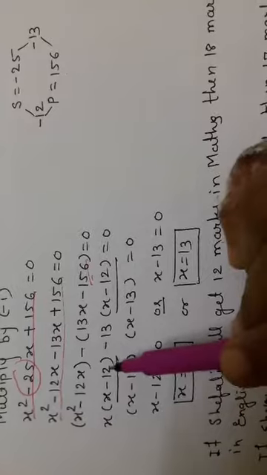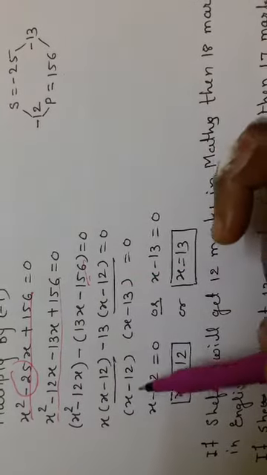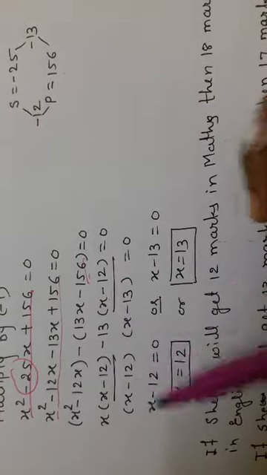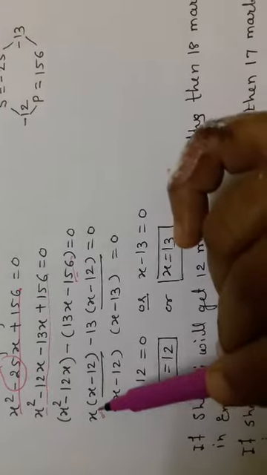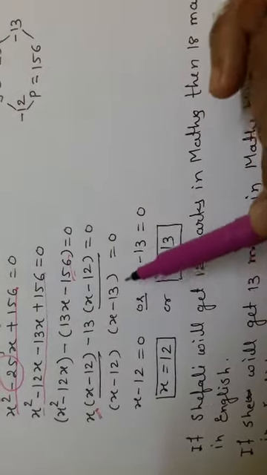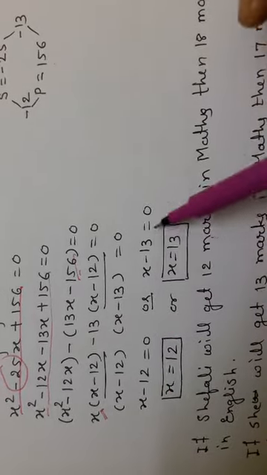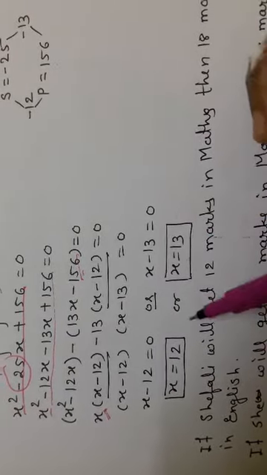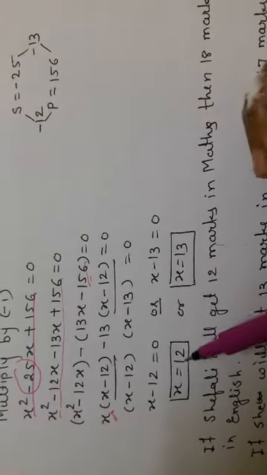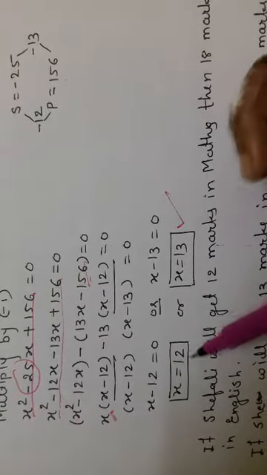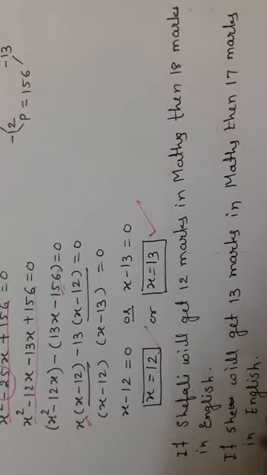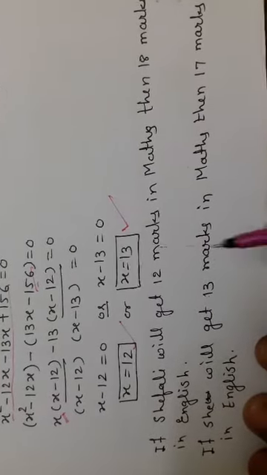Are you finding x minus 12? x minus 12 is common. That we have to take common. And what is the rest of the terms? x and minus 13. x minus 13, which is equal to 0. x minus 12 is equal to 0 or x minus 13 is equal to 0. x is equal to 12, x is equal to 13, and both the numbers are possible. So what will we consider, that is the last answer.